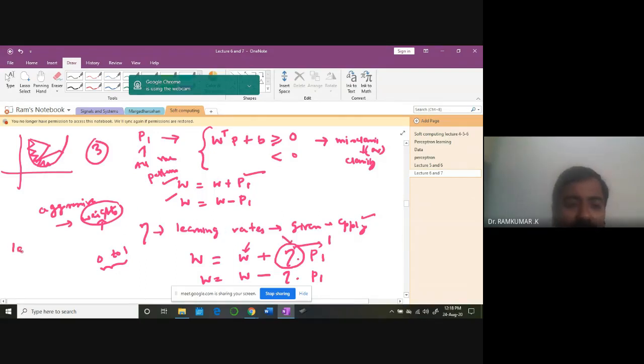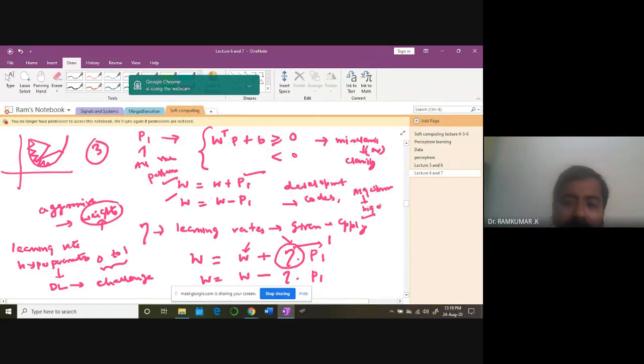This learning rate, they call it hyperparameter tuning. There are a lot of hyperparameters when it comes to deep learning. Tuning the hyperparameters itself is a challenge. Many times, if you look at the kind of development that we are seeing in the field of machine learning, the development of Python codes or these algorithms is not a big deal, because people have come up with a lot of good ideas, and these standard codes are really working well right now.